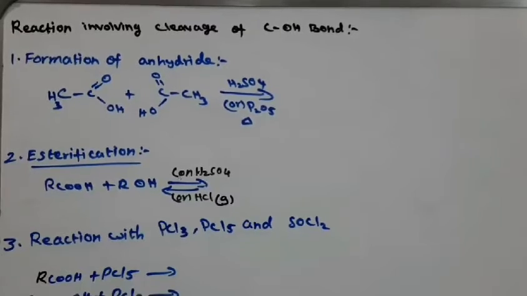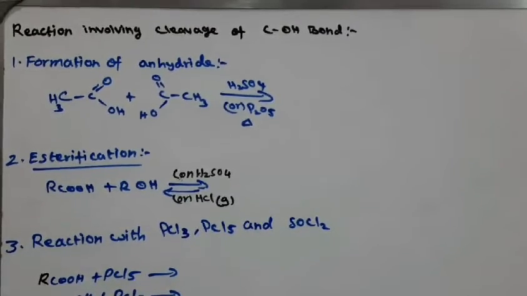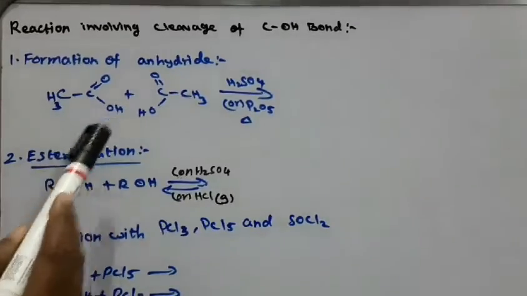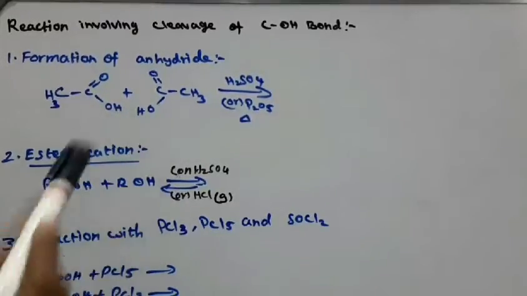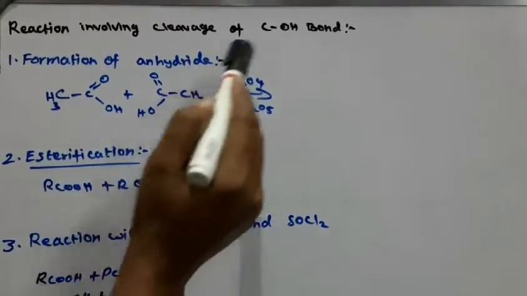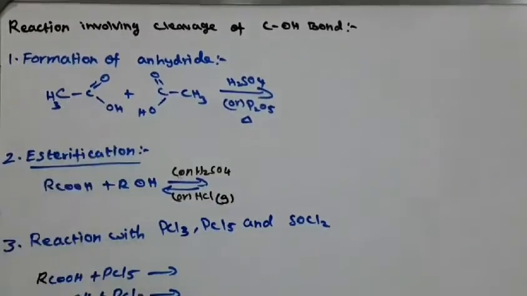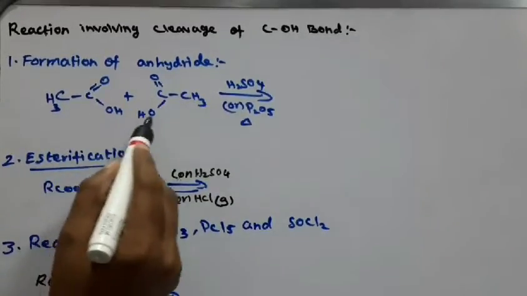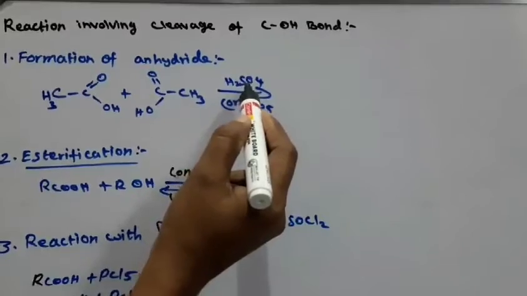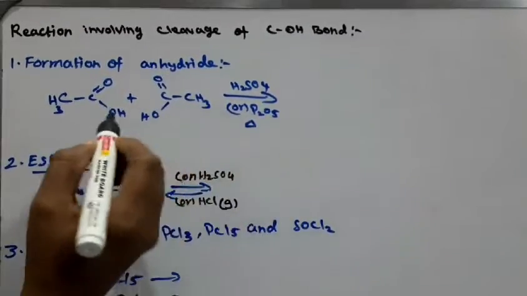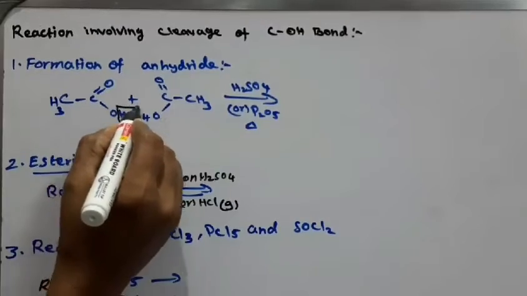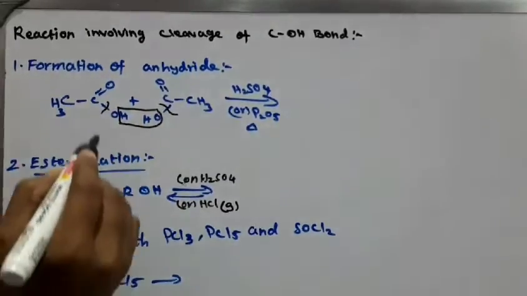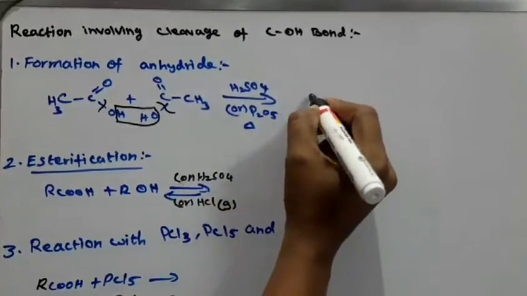A reaction involving cleavage of the C-OH bond. So here that is ethanoic acid, two similar ethanoic acid molecules. What is that reaction? Cleavage of the C-OH bond. The carboxylic acid reacts in the presence of sulfuric acid and phosphorus pentoxide, and the water molecule is removed, because of cleavage of the C-OH bond, to form